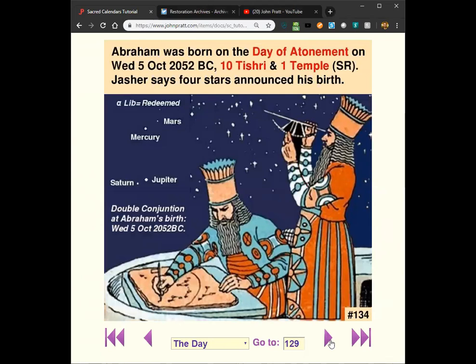And it's the one that has the weight in it that redeems. The man is in the other balance scale, and the name of that star is lacking or wanting. It's where Daniel said, the Lord said there on the wall that you were weighed in the scales and found wanting. I called it lacking because that's more clear in our language. But anyway, there were 4 stars, double conjunction, right in the same constellation on the night he's born. So there you go. That's right out of the book of Jasher.